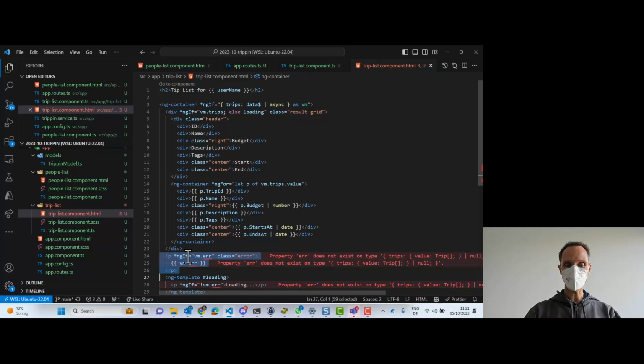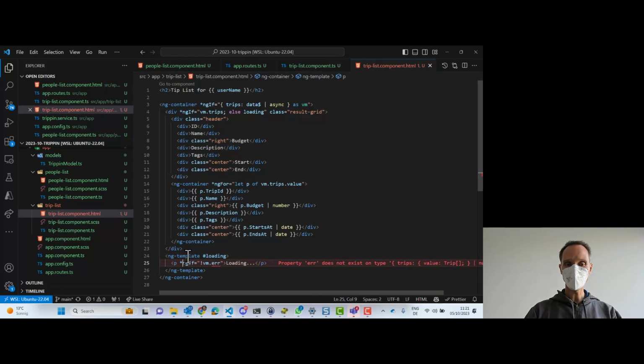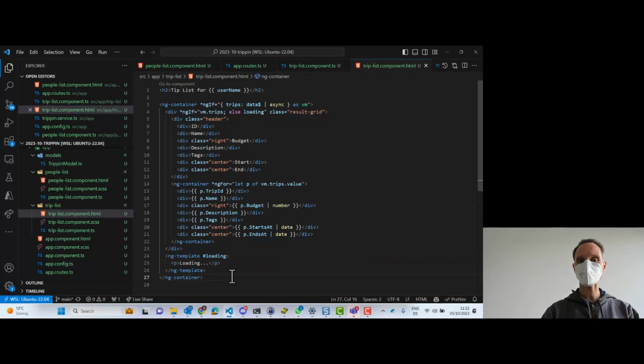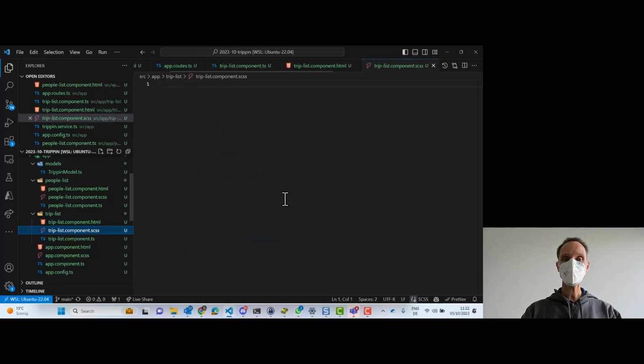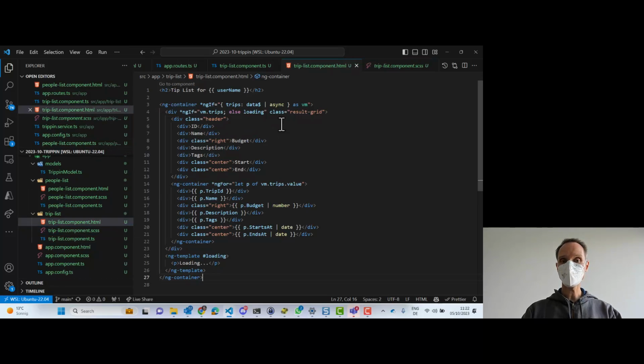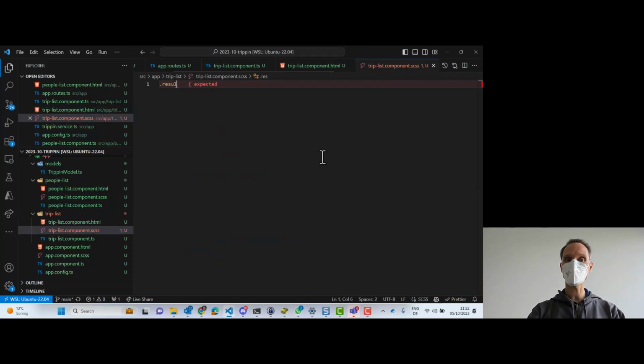Here, remove the error handling. Here, remove the error handling. Everything else should look pretty similar to what we had before. It's not perfect yet, because here the result grid now does no longer have 5 columns, but this time we have 7 columns. So we have to redefine this result grid